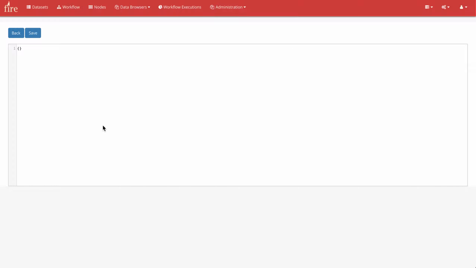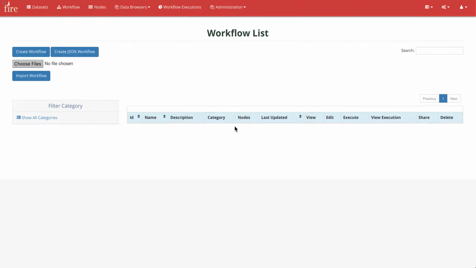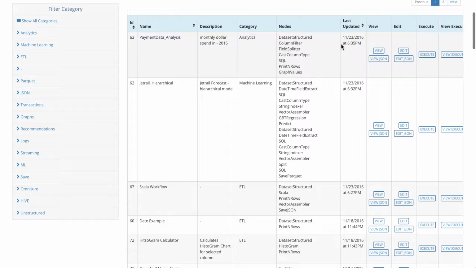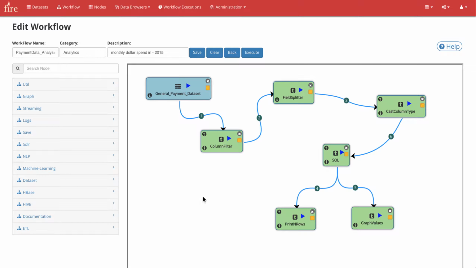Like I just talked about, you can import a JSON file, or you can copy paste a JSON file here to define a workflow. Let me look into one of the existing workflows. So let's look at this top workflow. Click on edit. So here it's showing me the various steps that have been defined in this workflow to take